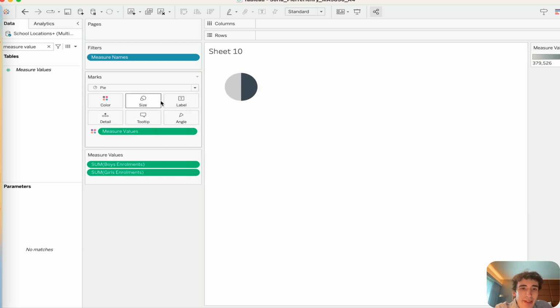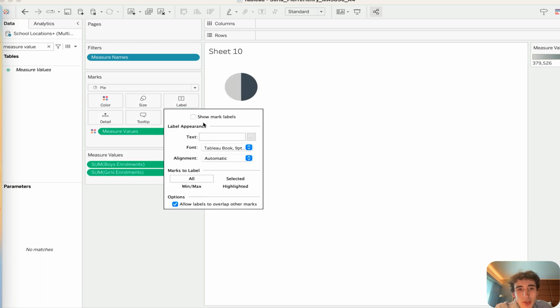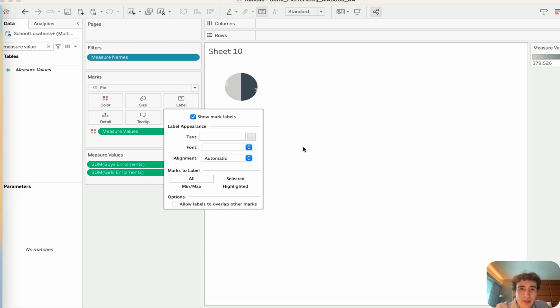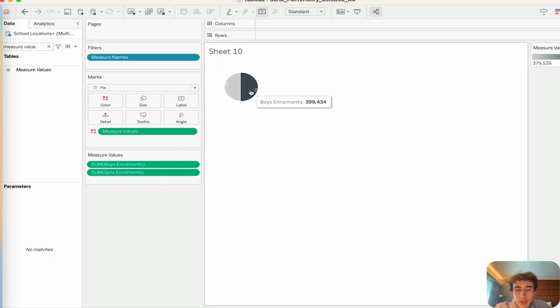You see? And now I want a label too. So I can do show marks. Okay, so I have the label there and the label there. That's nice. I can edit the text. So we just do 10 here. I will do bold, and I want the text to be white. Perfect. And somewhere on the internet, you will see that I will just change to